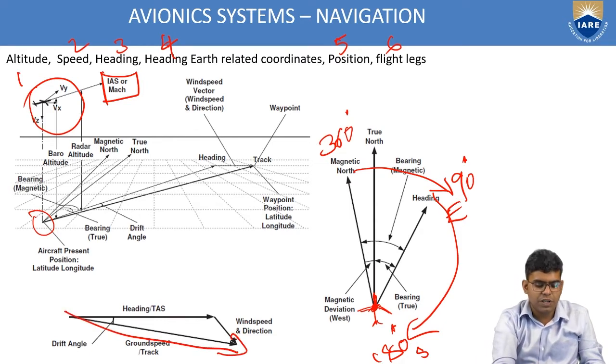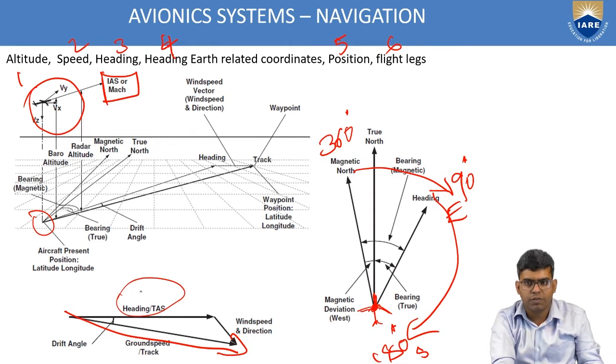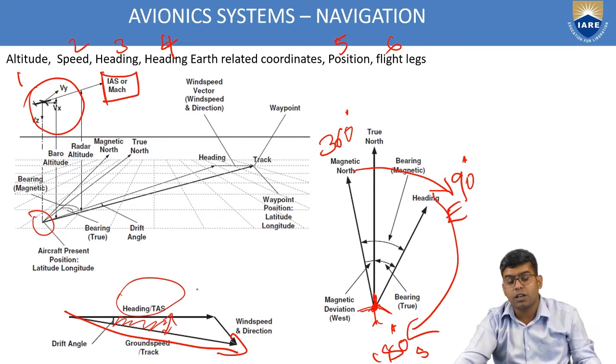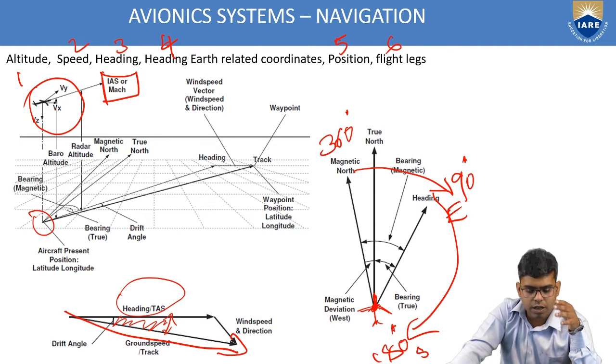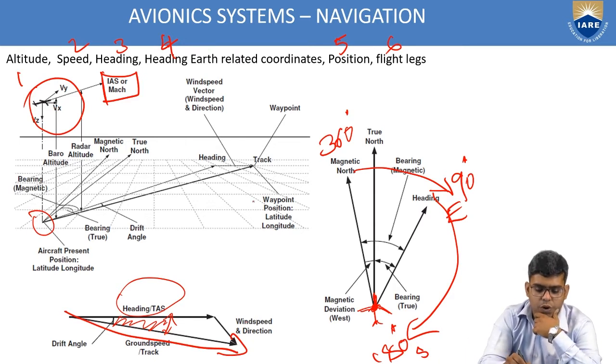The angle between the heading, or the actual position of the aircraft, and the ground speed is known as the drift angle, which is due to air velocity, taking the wind speed into consideration. So here, let us say, you can also have a waypoint of